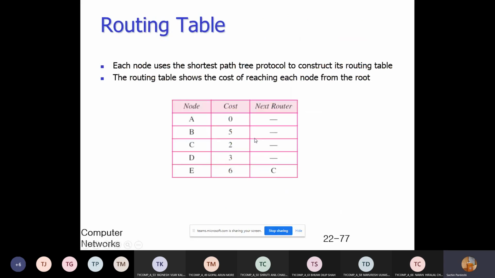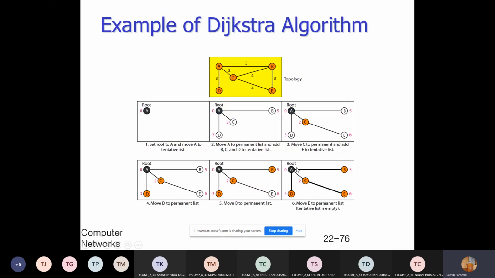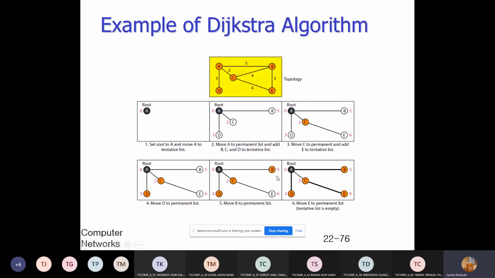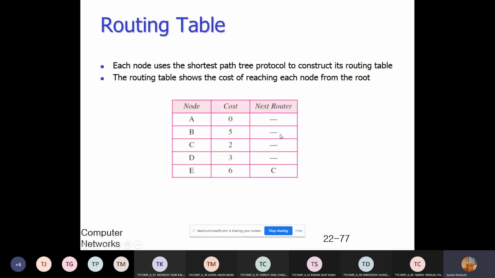Based on the Dijkstra algorithm, we build the routing table. How is this routing table created? For example, we started from node A. Node A is itself, so the cost is 0. For node B, the distance is 5. In the table, 5 is added, and it is directly connected, so the next router is dash.